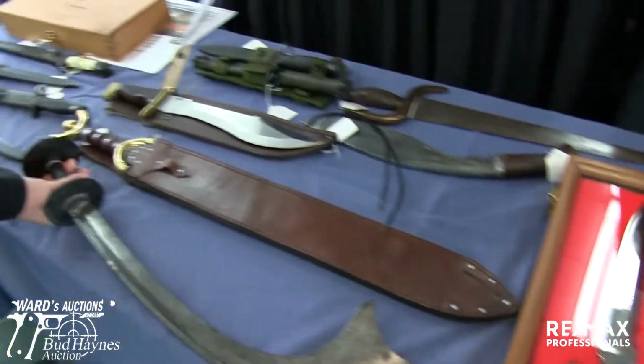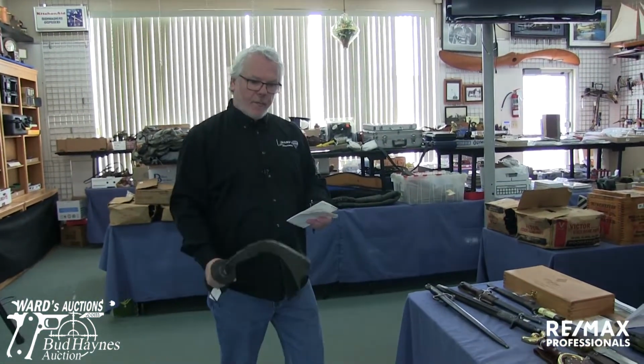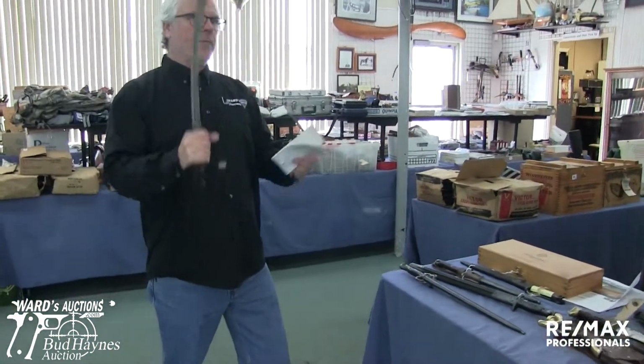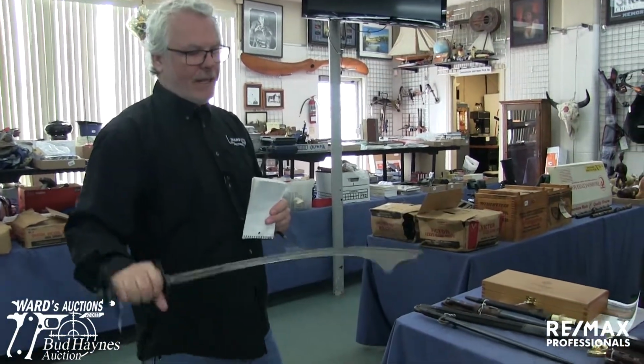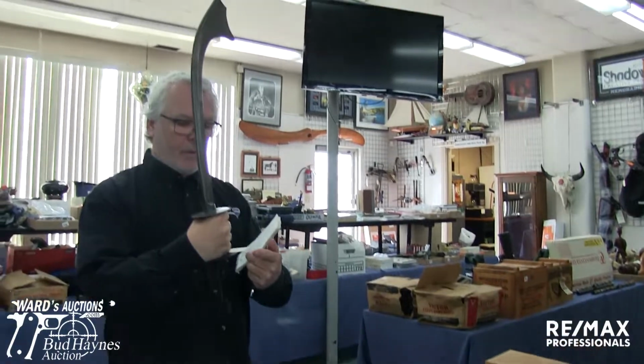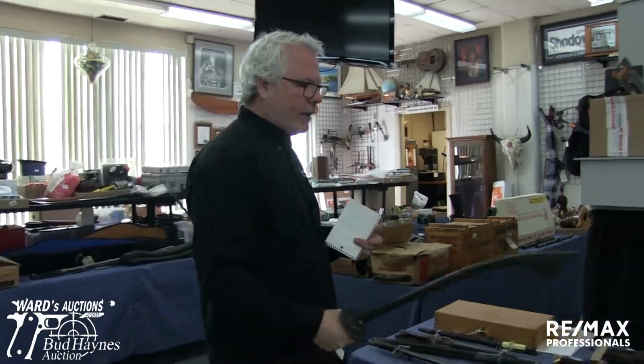This one here, I've got to show you this thing. This thing here is clearly designed for chopping off heads or something. It's just weighted in such a fashion that it has to be it. I'll have to look at our own description. Lot 158. Stephen cataloged this one, and I know he was spending some time with it. But boy, I'll tell you, it just feels